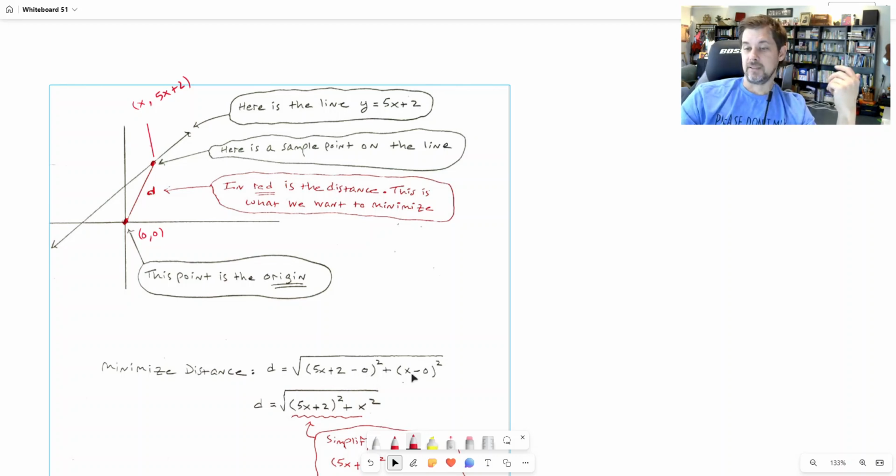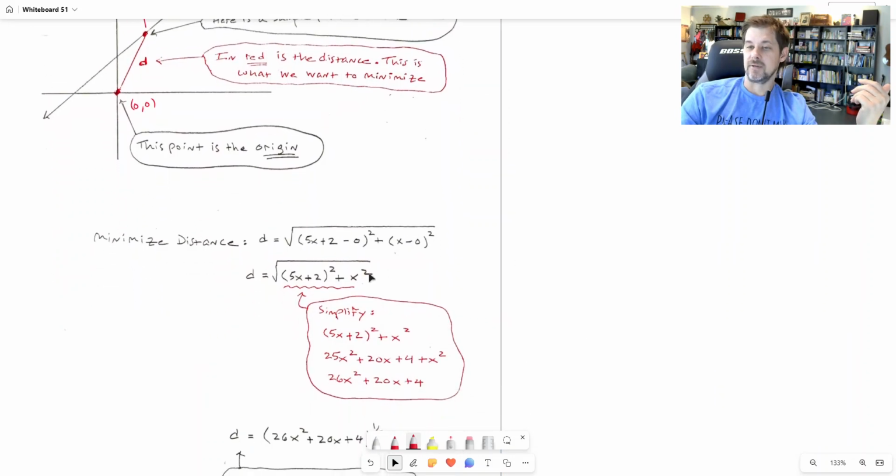Now, subtracting the zeros has no consequence, so that takes me down here. And then I think because when I find the minimum distance, when I want to minimize this formula, that will involve taking the derivative. It would be a little bit simpler to do that if I worked this out in here. So in other words, if I took 5x plus 2 squared and I multiplied that out,